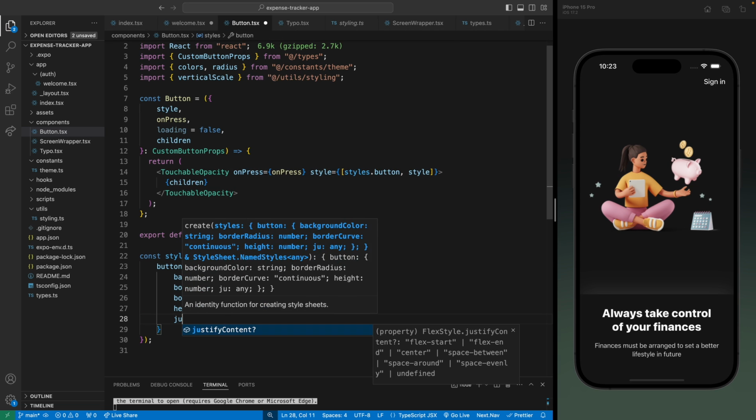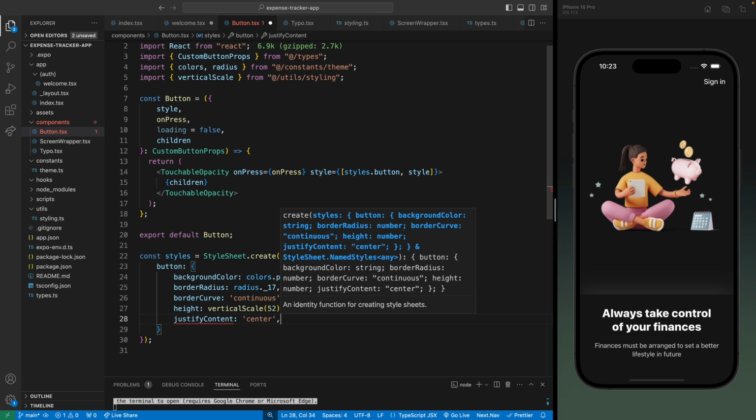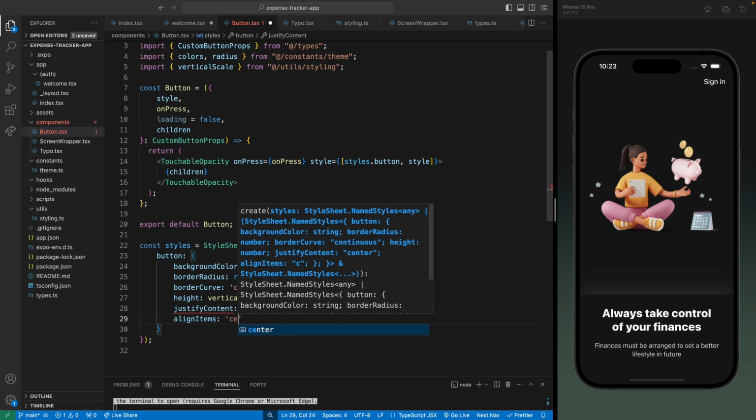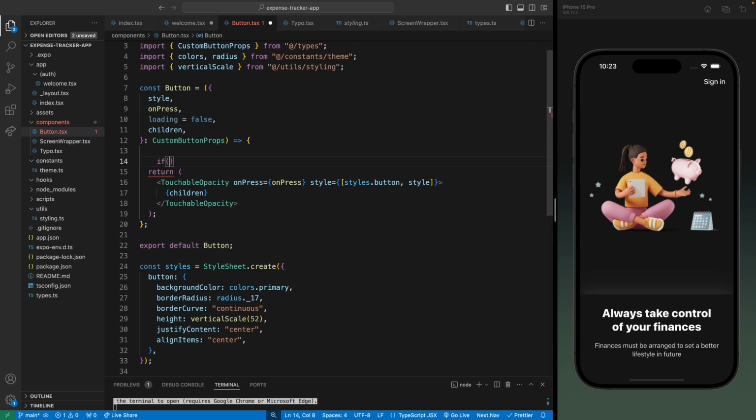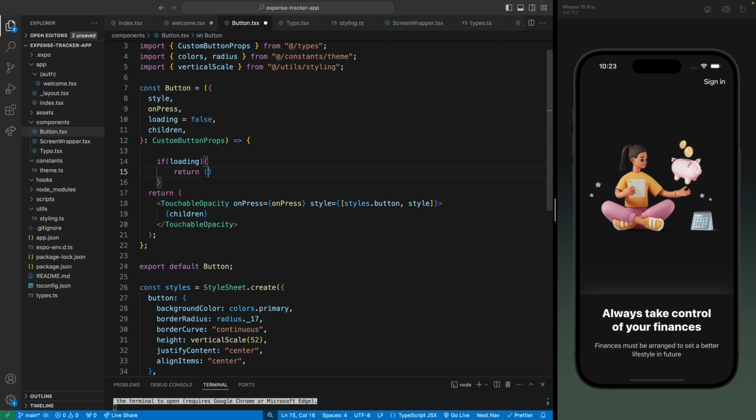Then for the content, let's use justify content center and align items center like this. Okay, so only the loading is left. If the loading is true, we want to return another view for the loading. So let's return a view